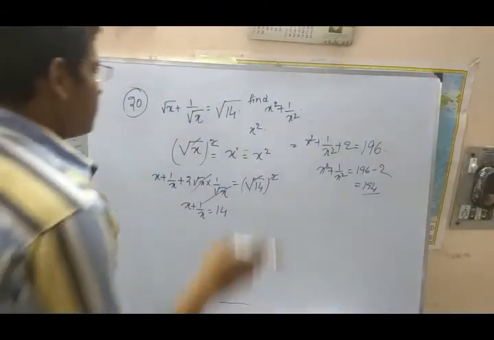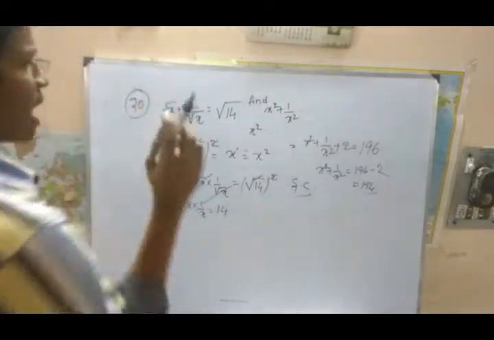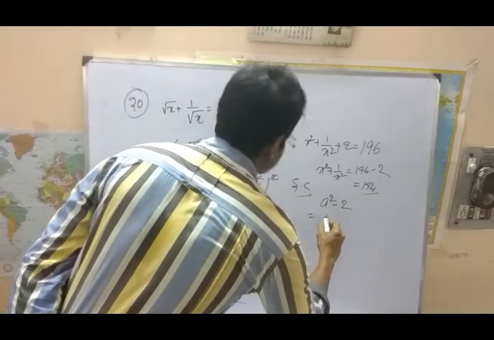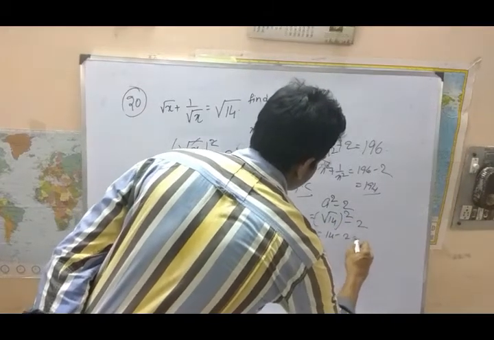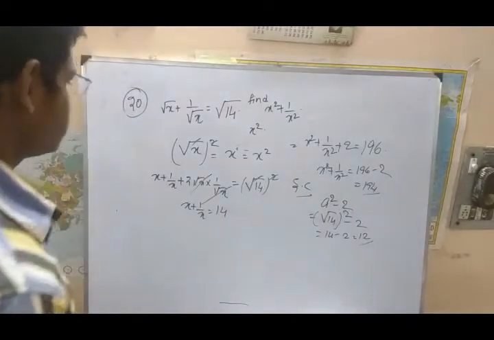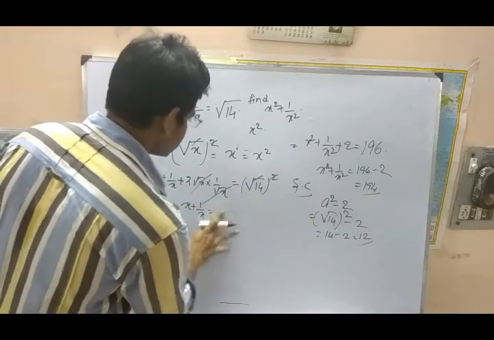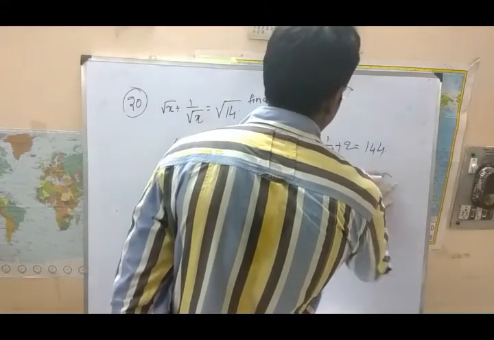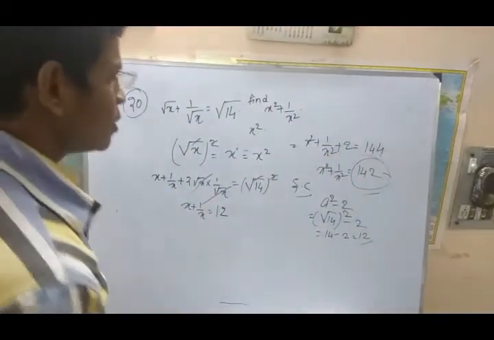Okay students, the same thing we can do as a shortcut, because numerator and denominator are the same. We can cancel it and will be remaining with 2. The same thing, a square minus 2. What do we have? a square, root 14 square minus 2. 14 minus 2, 12. See here, again I made a mistake. 14 here, right? Take this 2 to that side. We get 12 here. So what do we have here? 12 square, 144. 144 minus 2, 142.